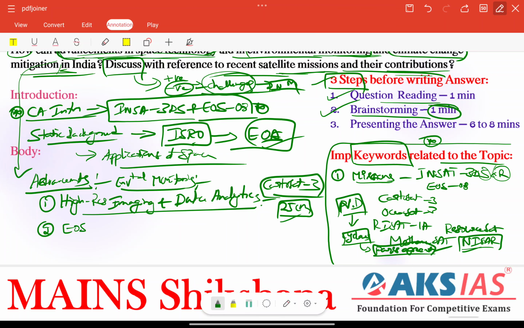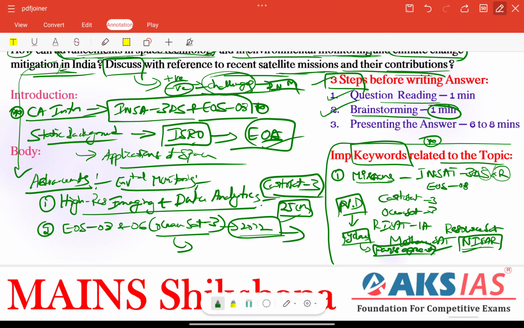We have EOS 8, and we also have EOS 6, for example, OceanSat. EOS 6, Earth Observation Satellite 6, is OceanSat 3 only, right? It was launched in 2022, right? It provides valuable data on ocean color, sea surface temperature, and wind vector also, right? We can connect this important OceanSat 3, right?